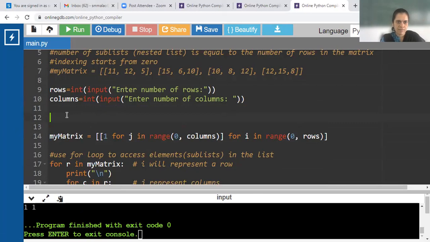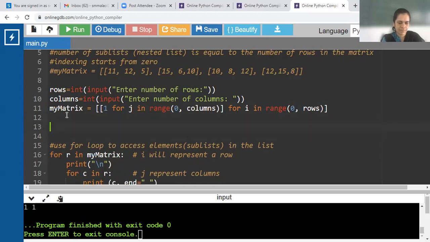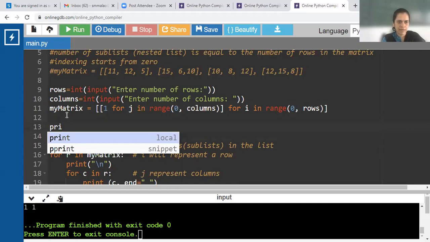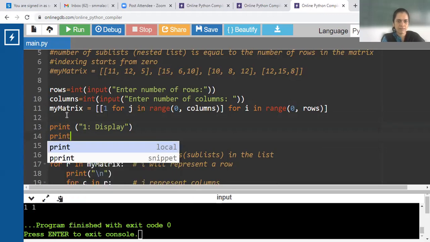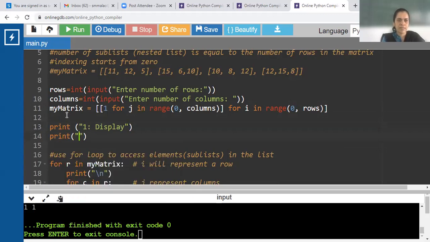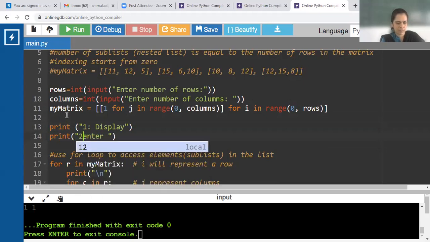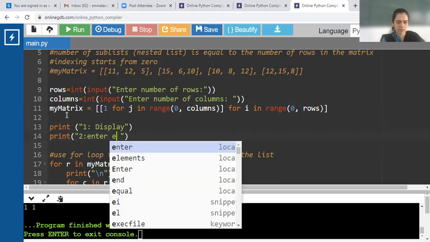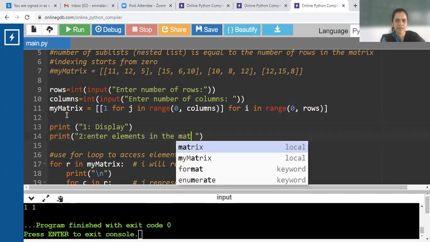Then we can print a menu to the user saying one option: press 1 for display. I hope you recall this. We have seen it last time. Press 2 to enter elements in the matrix.